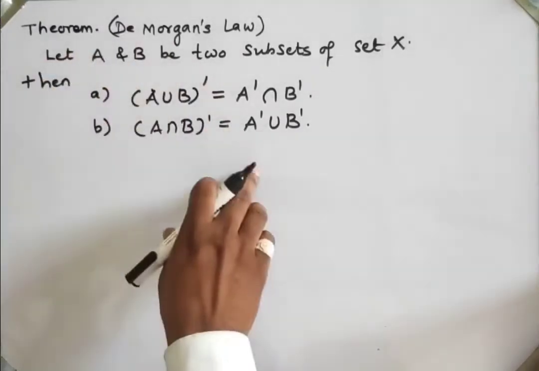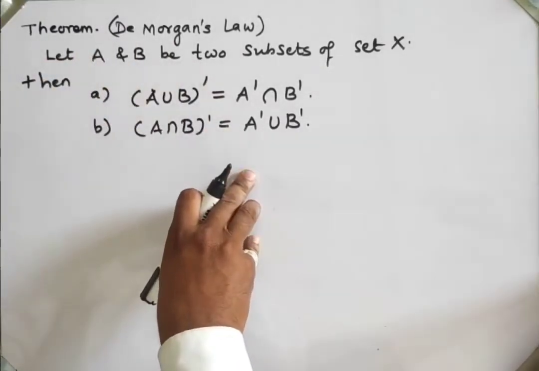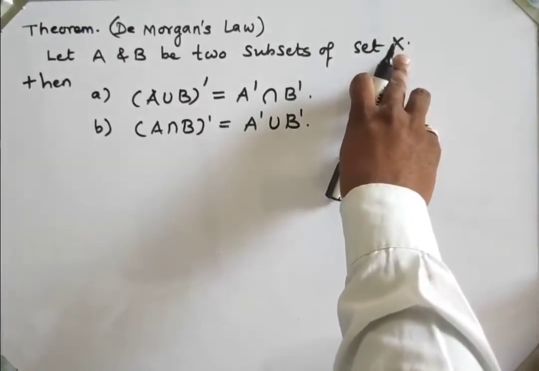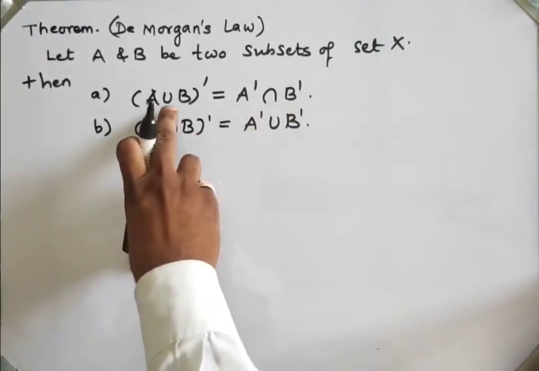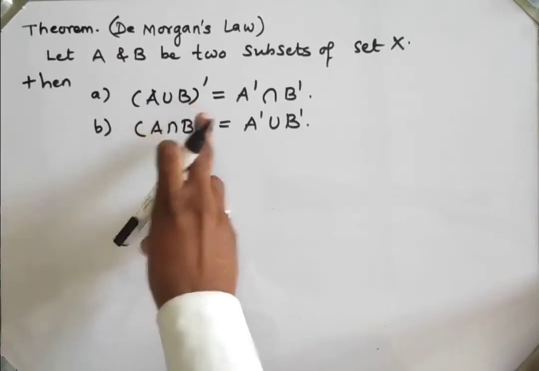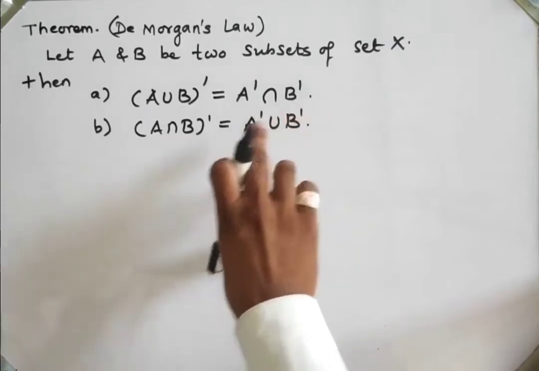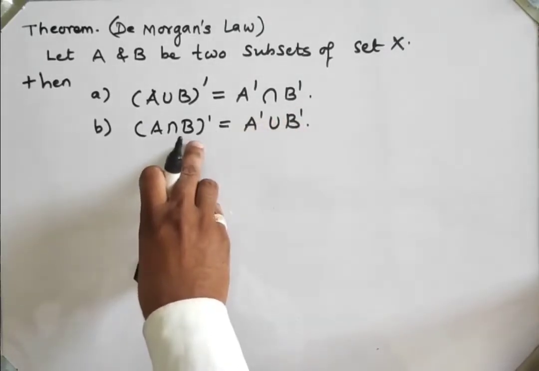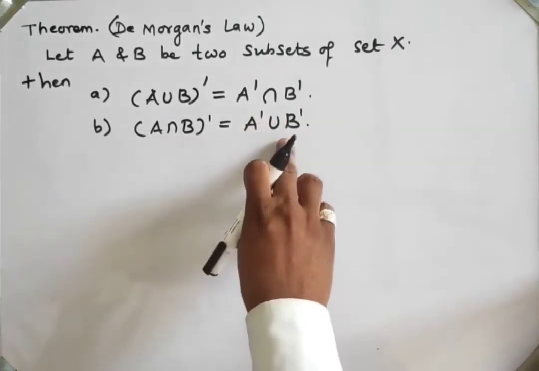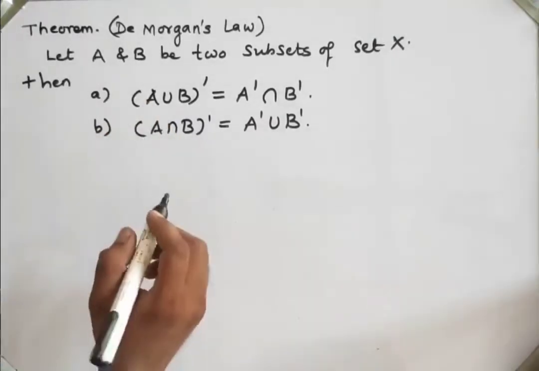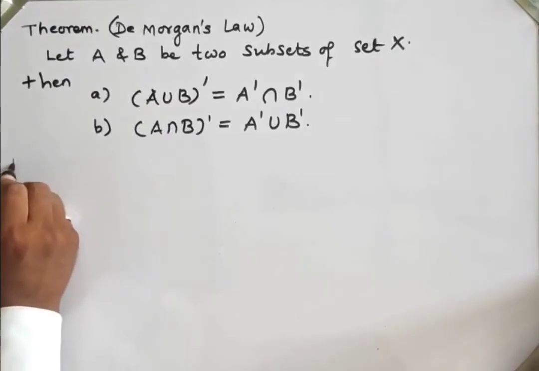So this is De Morgan's law. For A and B any two subsets of set X, two properties are satisfied. First, (A union B) complement is the same as A complement intersection B complement, and second, (A intersection B) complement is the same as A complement union B complement. Let us verify De Morgan's law. So take an example,